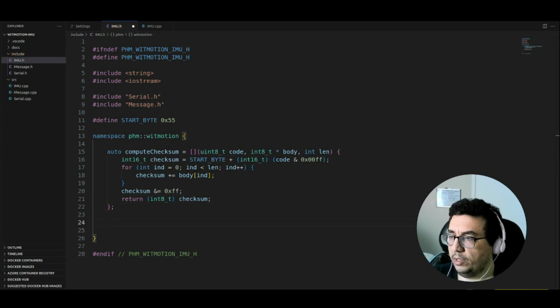Perfect. So the next part that we need to do, before we go and implement our IMU class, is define our listener, or an interface for the listener part. Any class that implements this interface can subscribe to the IMU class to receive the data packets. That's why I'm defining